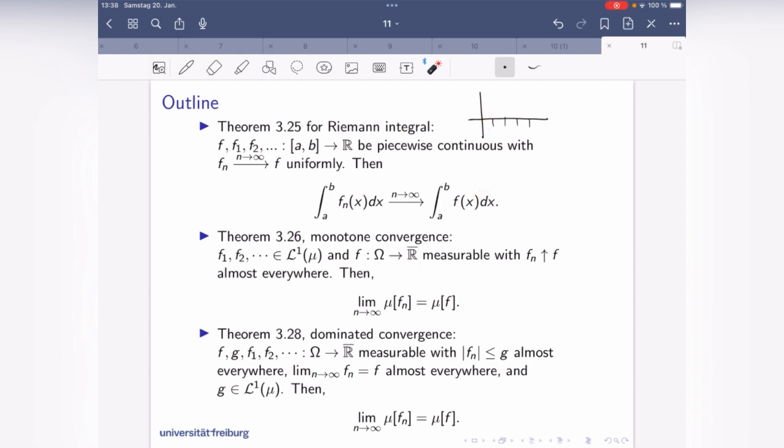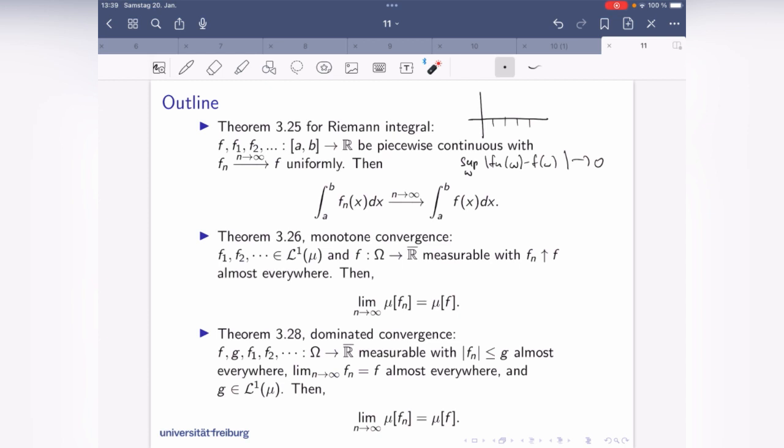There you need a sequence of functions, a limit function, and a uniform convergence. So Fn goes to F uniformly. Uniformly means the sup over all omega of |Fn of omega minus F of omega| goes to 0. Then you have this here, or sorry, Fn of x, here it's x, here it's omega, that should be the same. Okay, and for the integral we are learning here, the Lebesgue integral,